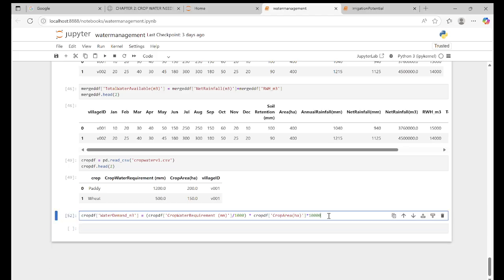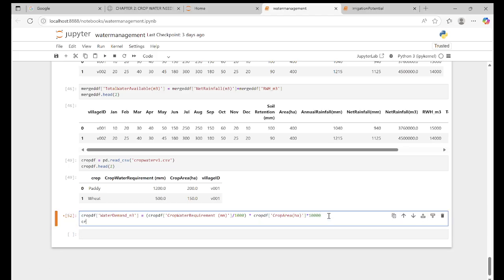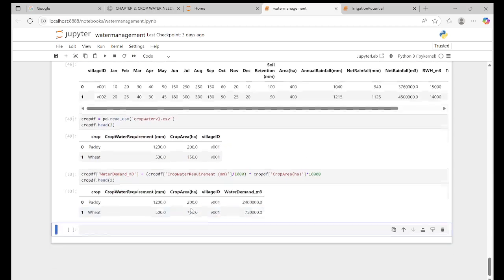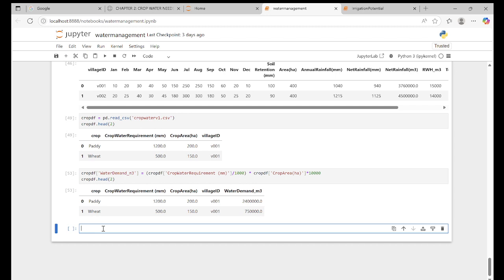Additional one. That's all. Sorry. So now you can see crop DF dot head 2. Yeah. So we have water demand in meter cube. So now we will know village water demand. How much is the water demand for a village? So village crop demand equal to